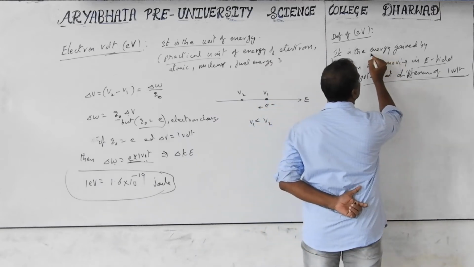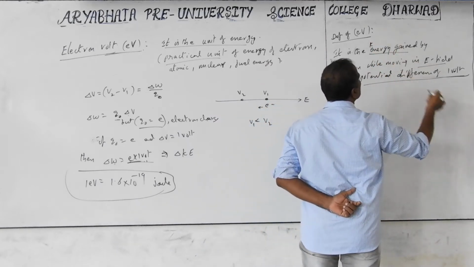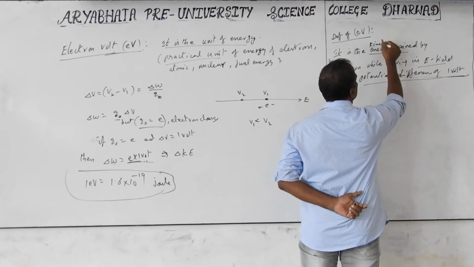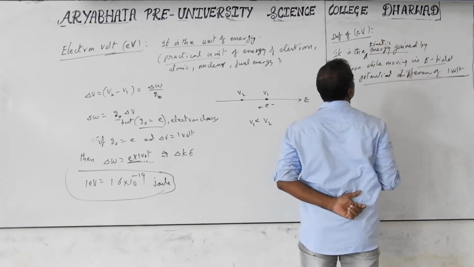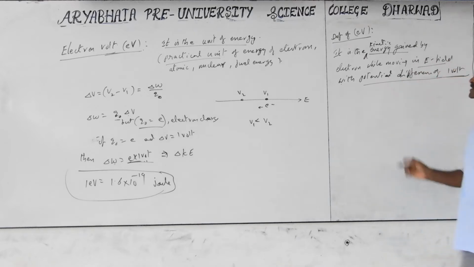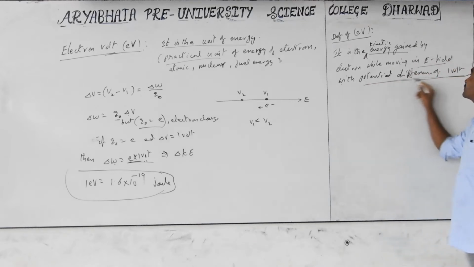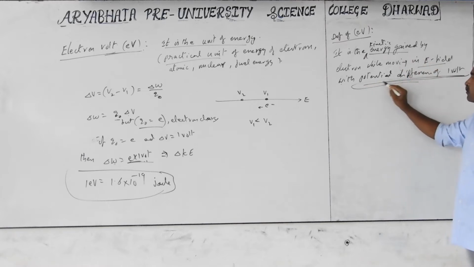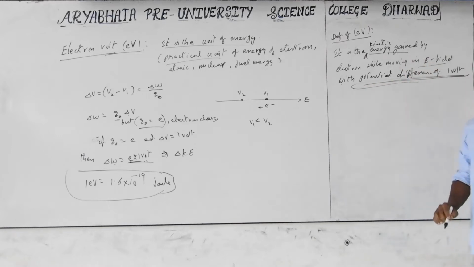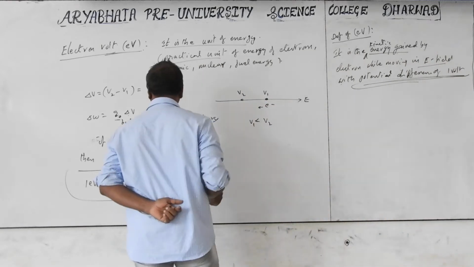We can also add this if required. The energy gain is kinetic energy; if not, you can write kinetic energy. It is the energy gained by the electron while moving across the potential difference. Mentioning the electric field is not compulsory, but energy gain is compulsory and the potential difference is also compulsory. How much? 1 volt. So, energy gained by the electron as it crosses a potential difference of 1 volt.